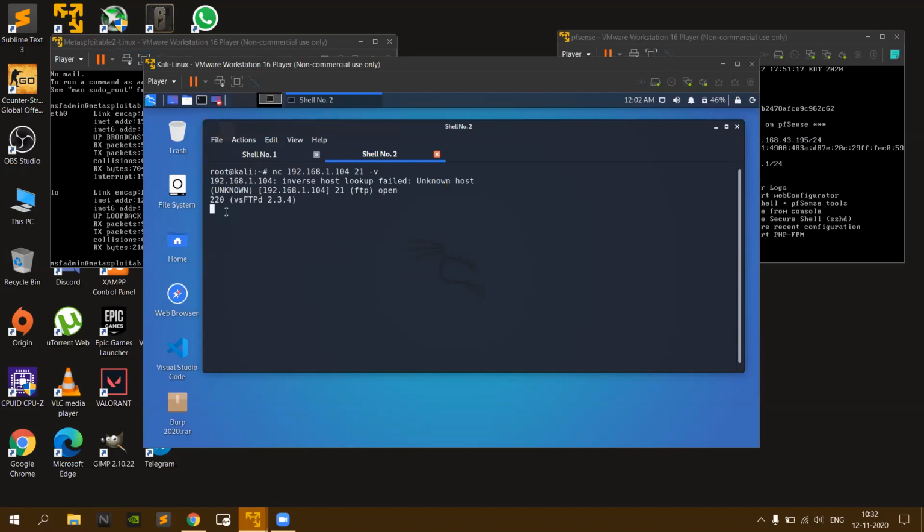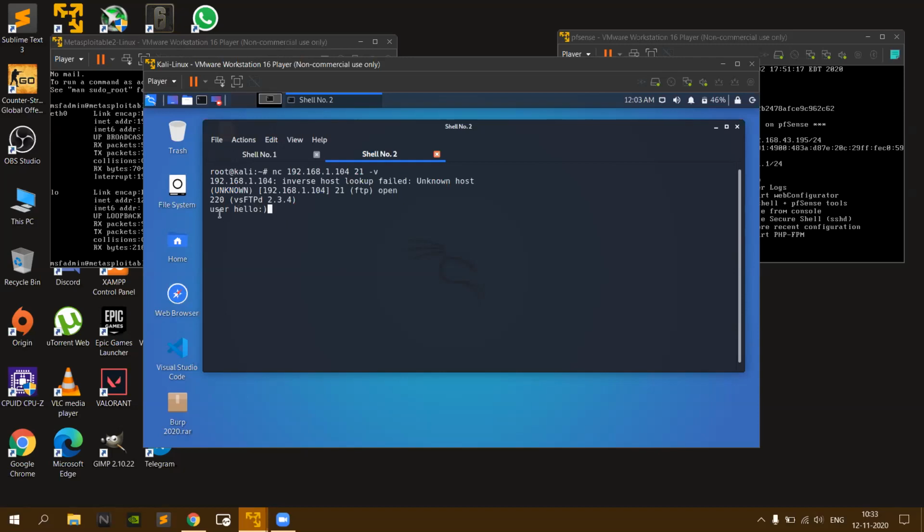You can type any username like hello, and to trigger the backdoor you need to put a colon and a close bracket. This backdoor is written in such a way that if you give an input like this, it will give you root privilege.